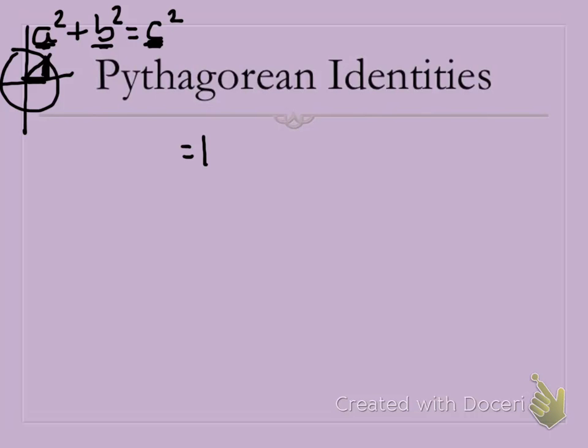So a squared plus b squared equals c squared becomes sine squared theta plus cosine squared theta, which will be equal to c squared, which will be 1. Okay, now the biggest thing to remember with this is that the sine and the cosine in these are squared. And we show squaring of trig functions by putting the exponent in the middle